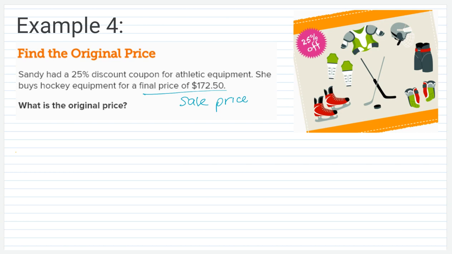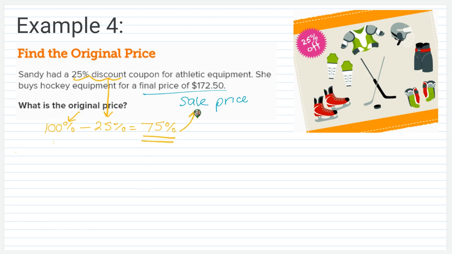So when you are asked to find the original price, you have to use the fact that you paid a 100% amount and then you got a 25% discount on top of that, and you were left paying a 75% amount of the original price. So again, just to recap, you're essentially taking the fact that you paid 100%. This was my original price before the discount. The 25% discount obviously was that coupon, whatever amount was being taken off, and you're left with the 75%,